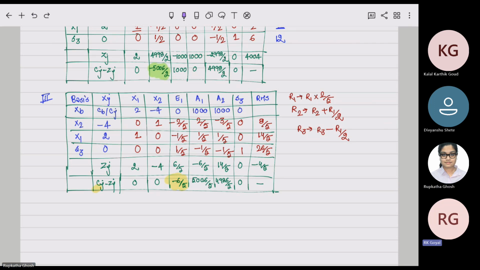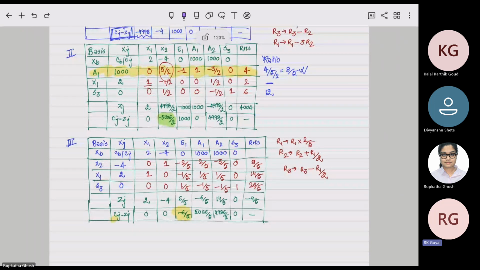Probably I'm missing something. See, when I get the value of Zj as 2, it is well understood. Why so? Because if I refer to the first column of x1, the value of x2 is 0, the value of x3 is 0, only the value of x1 is 1, which makes sense. Similarly, I get this value as -4 corresponding to x2, which also makes sense because only the value of x2 is 1, all other values are 0. Now when you come to the value of E1, none of the values is 1, and so that is why you will be trying to